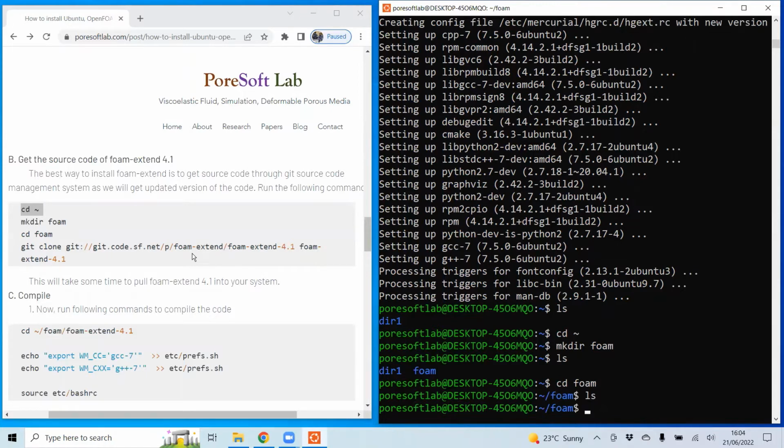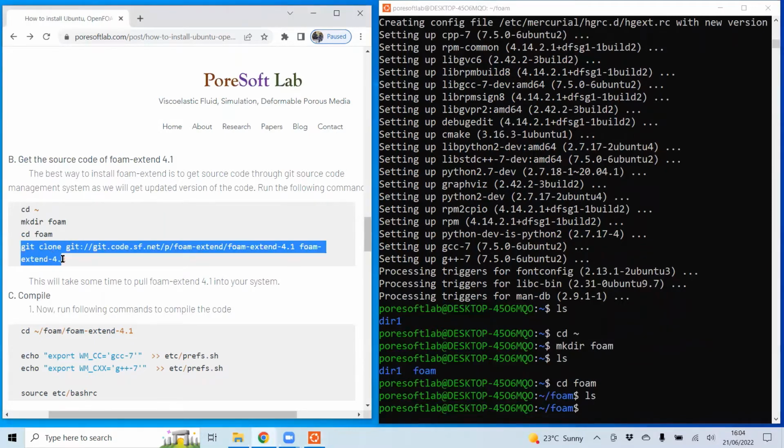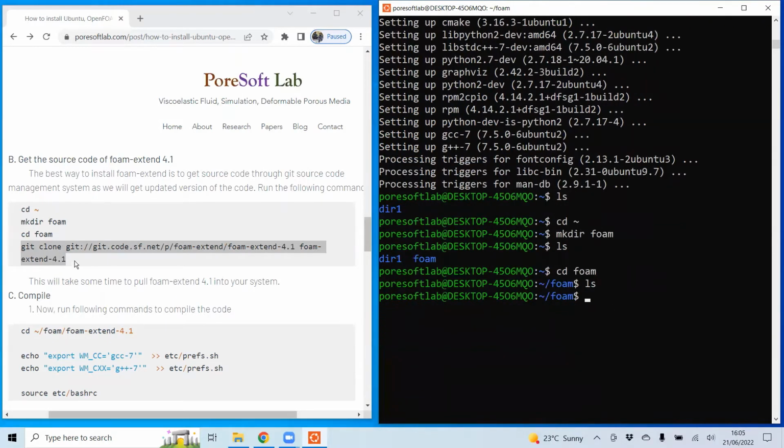We have already installed the git package so that it can download Foam Extend 4.1 in the foam directory. So copy the git clone command, and then paste it here. Let me do it again.